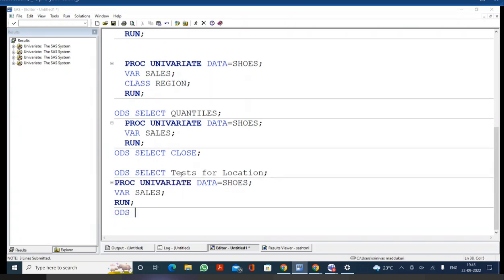Then ODS select close. But do you think we can have a table name like this one in SAS? Can we have a data set or a table name with spaces? No, that means this is not an actual table name. This is a table label, because we cannot have spaces. So what is the actual table name for test for location? If you want to know any table name which is printed in the output window, we use a concept called